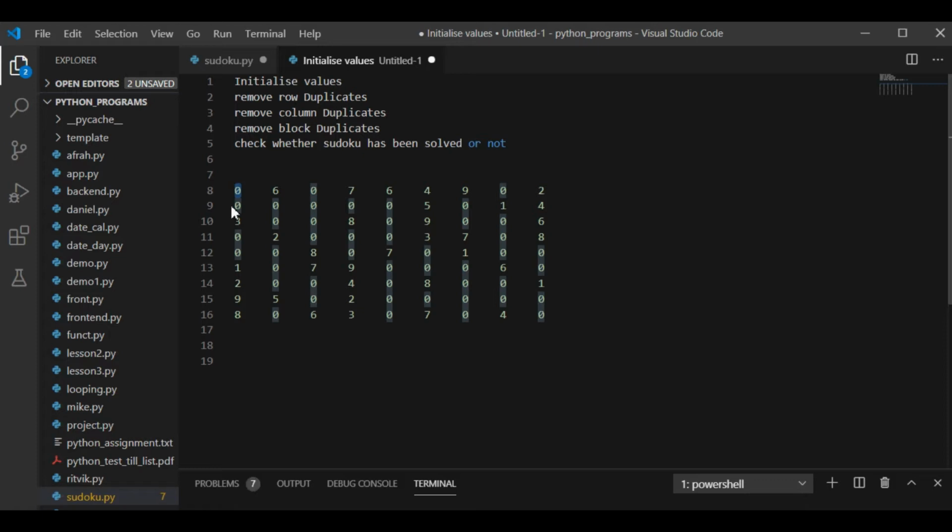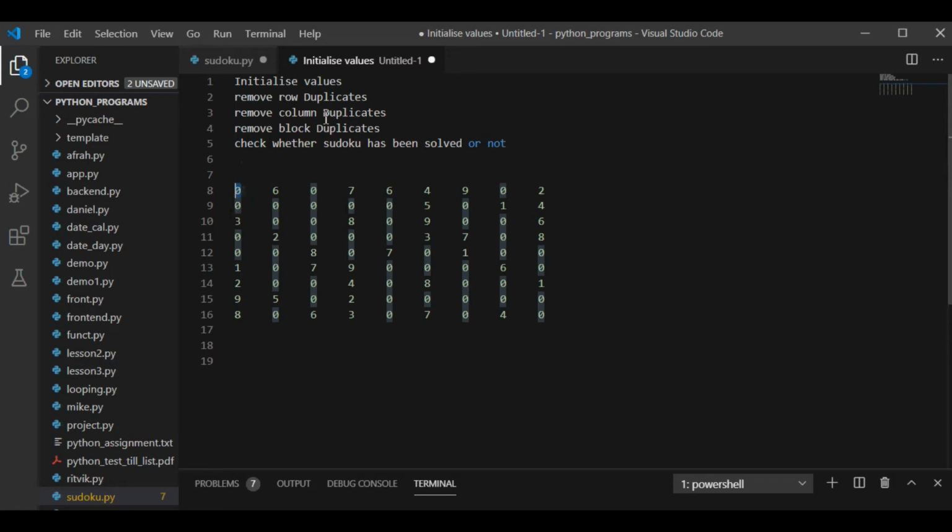So I'm assuming that wherever entries are 0, I'm going to fill those entries with all the numbers ranging from 1 till 9. Since I have no idea which number will fit, I'm assuming that all the numbers from 1 till 9 can be fitted at this place.